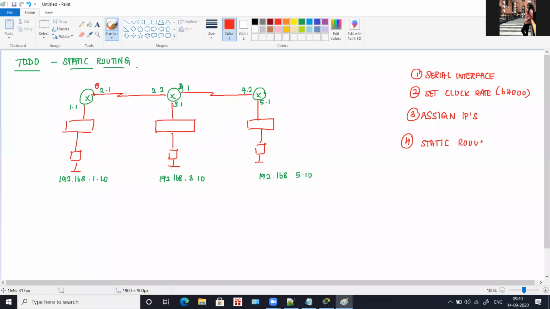For static routing, you will open each and every router. You have to open router A, go to config and choose static and start adding your unknown networks along with your next hop IP. And then go to router B, again do the same process. Then go to router C and again do the same process. Once this is all done, your final fifth step will be to verify.